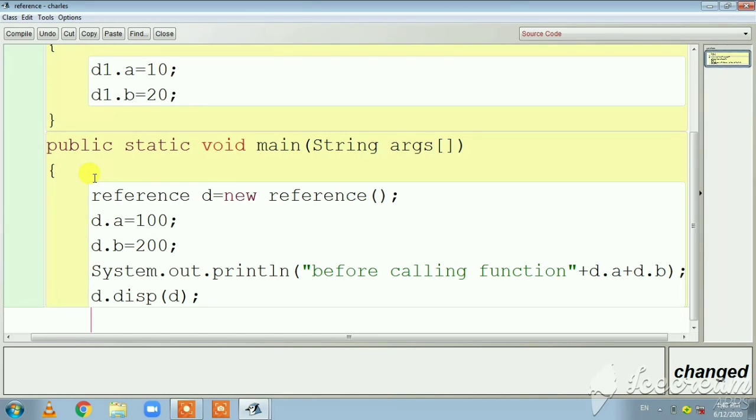Now I am going to print the values after calling the function. So this is known as after calling function.